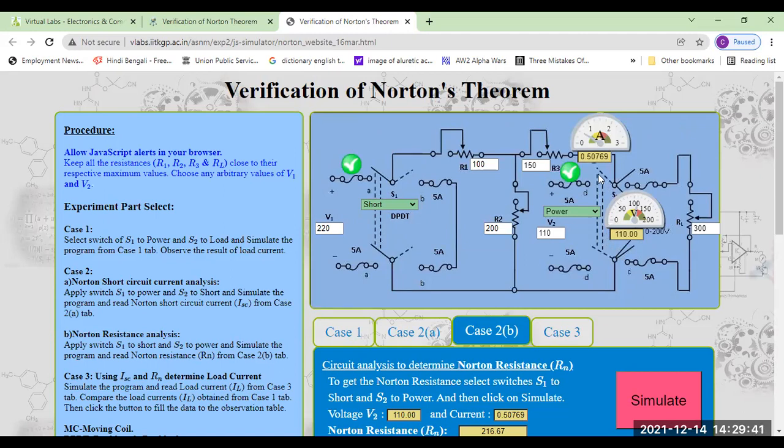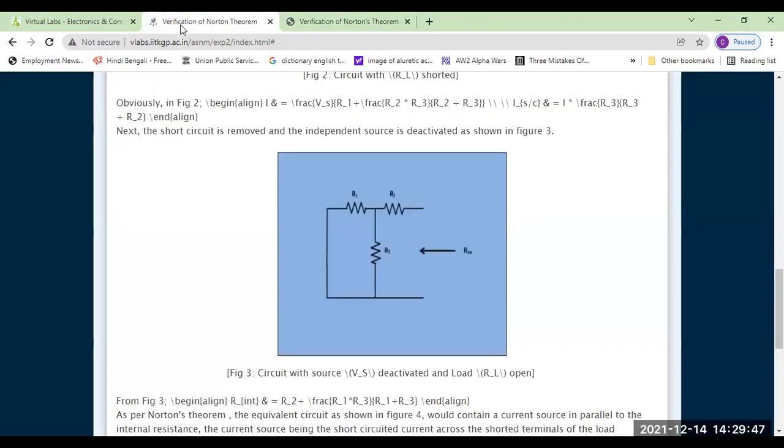And this resistance is actually the open circuit terminal resistance. This is the equivalent resistance of the circuit. Could you remember this thing? Say in this circuit, if you have been given paper and pen, you can easily calculate this parallel combination with this equivalent, and this is the series. But here, if we have no paper and pen, only a digital medium, to find out this current, find out this resistance, how could I find out?